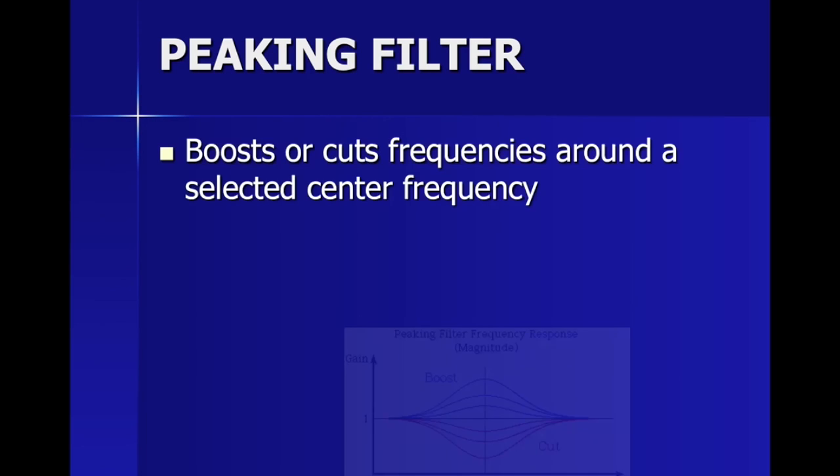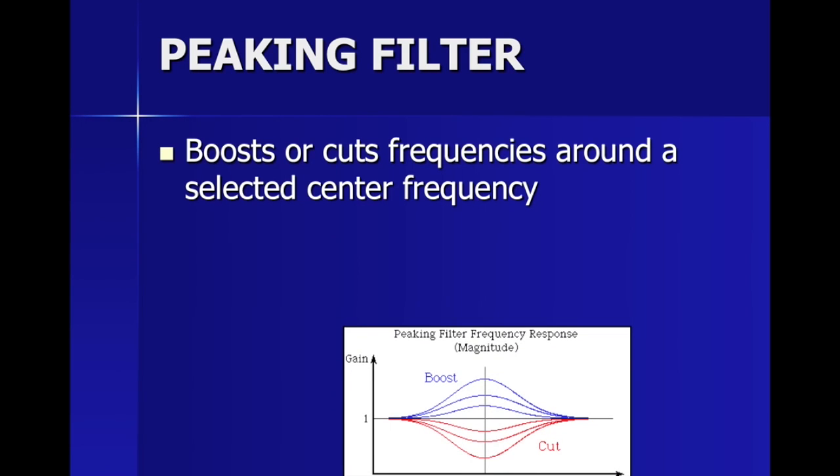So how does a peaking filter work? Well, a peaking filter does a boost or a cut around a specific selected center frequency. When we say boost, that means we are going to be turning up the frequencies in a sound that live around whatever your selected center frequency is. So let's say the center frequency is 1 kilohertz or 1000 hertz. We can either turn that frequency range up, that's called boosting, or if we turn it down, that's called